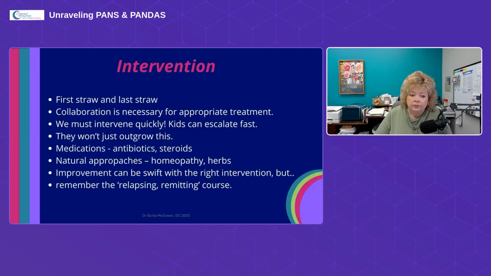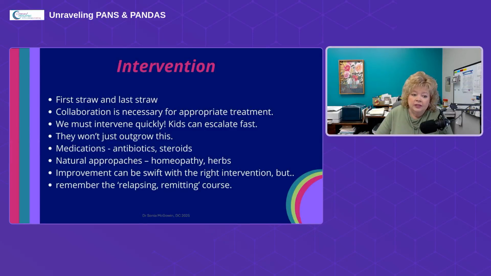So it's important that if you're a practitioner in this field, you collaborate with other clinicians. So finding a neurologist, finding a counselor who can help the family cope with all of this. Finding feeding therapists, for example. It's just important that there's a team around the child and their family.